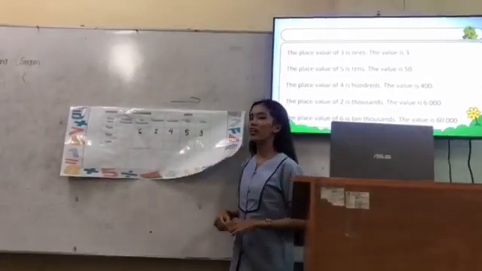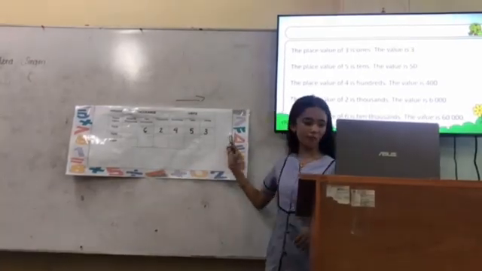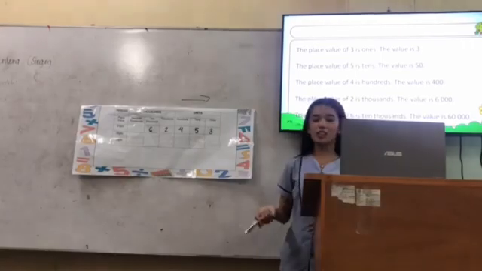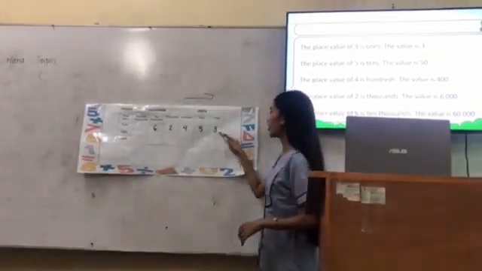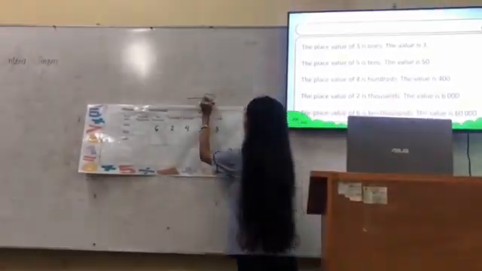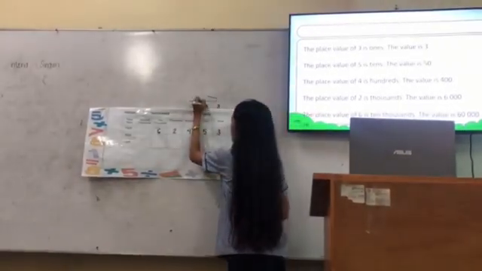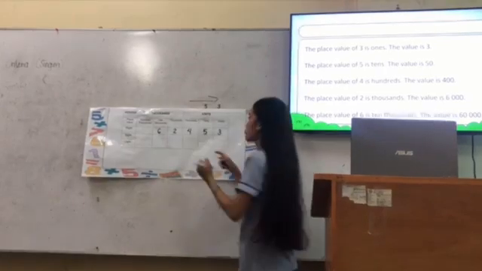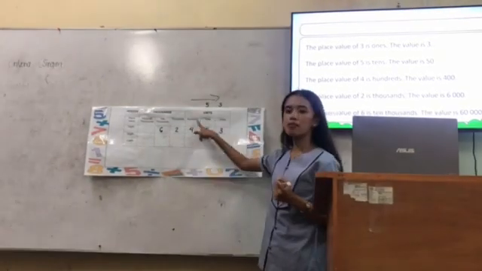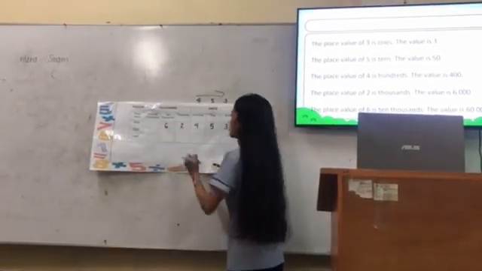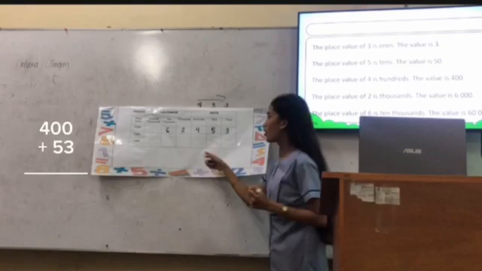So now we are going to identify how to read this. Now that we have 2,000, we will add this to 453. And now we can read it as 2,453. 5 times 10, okay, 50. Now that we have 2,453, we will add the 6 ten-thousands. So, 6 ten-thousands plus 2,453 is equal to 62,453.